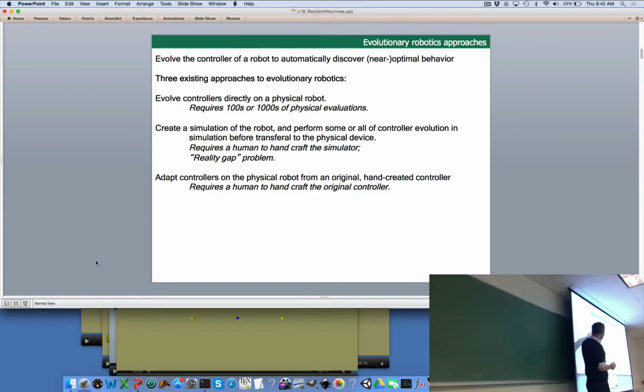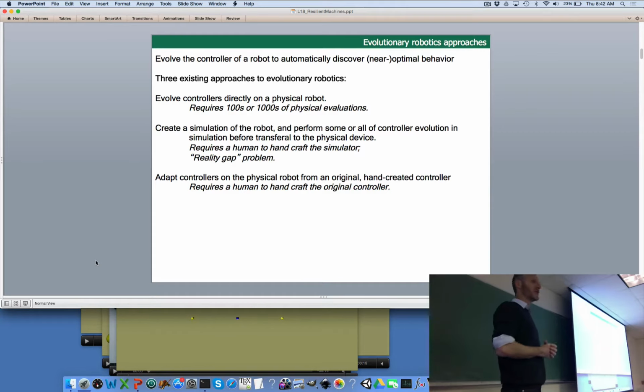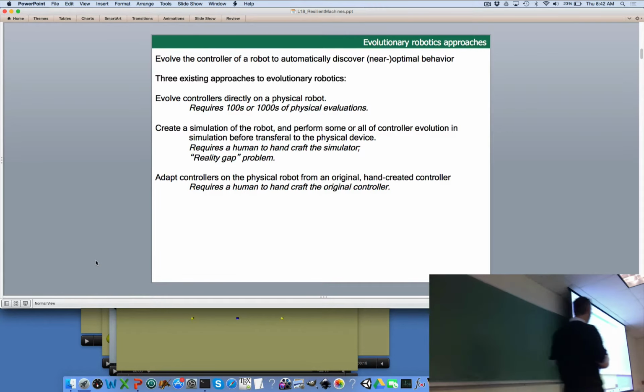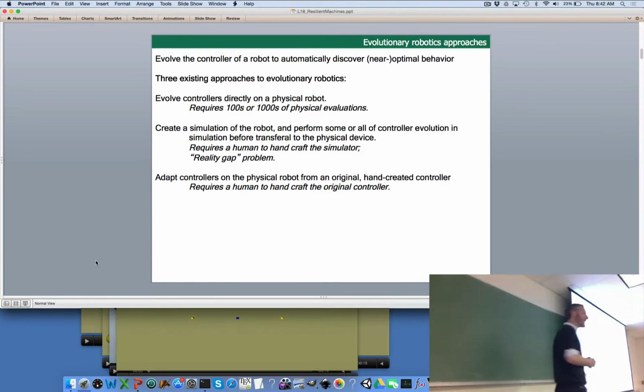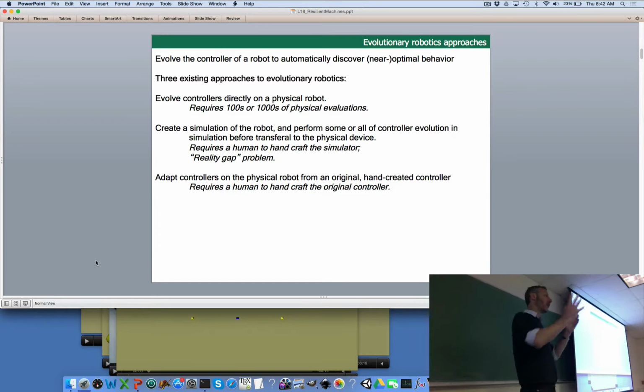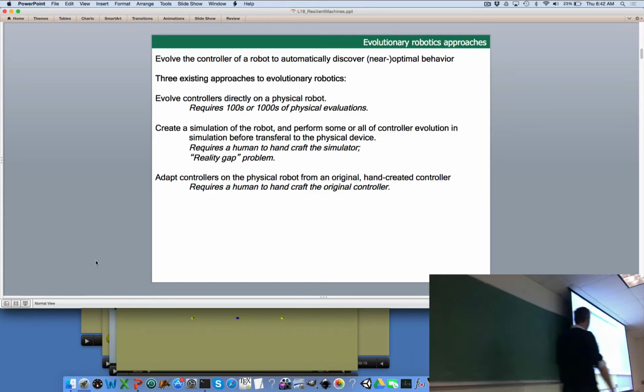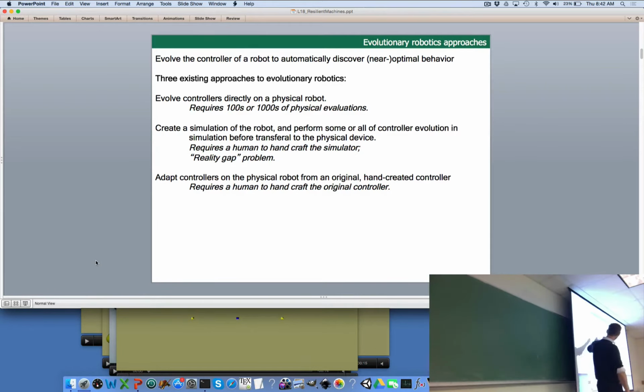So starting around the year 2000, when these physics engines started to appear on the market, a lot of roboticists adopted physical simulation. And as we've seen many times by now, create a simulation of the robot or evolve both the body and brain of the robot in simulation. Do a lot of simulation there, and then